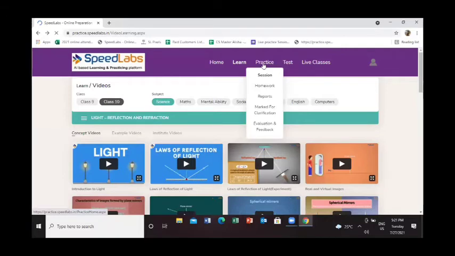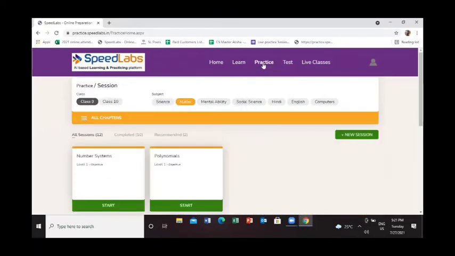Now, students, you need to understand that this is an AI-based platform, that is an artificial intelligence-based platform. What this basically does is that it helps in mapping your brains. Unless you practice a good amount of questions, this is really not helpful for you. So you need to rigorously practice as many questions as you can. Okay. And the more practice you take for yourself, the more beneficial it is for you. Okay. So I'll show you how you can conduct a practice session for yourself.